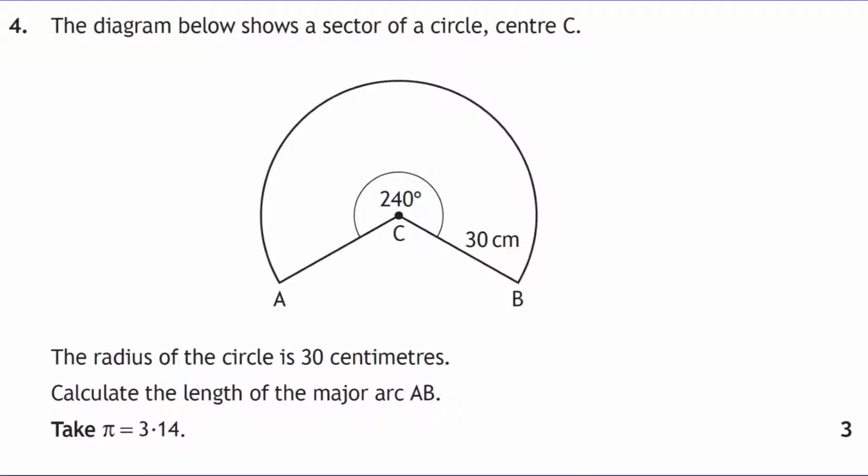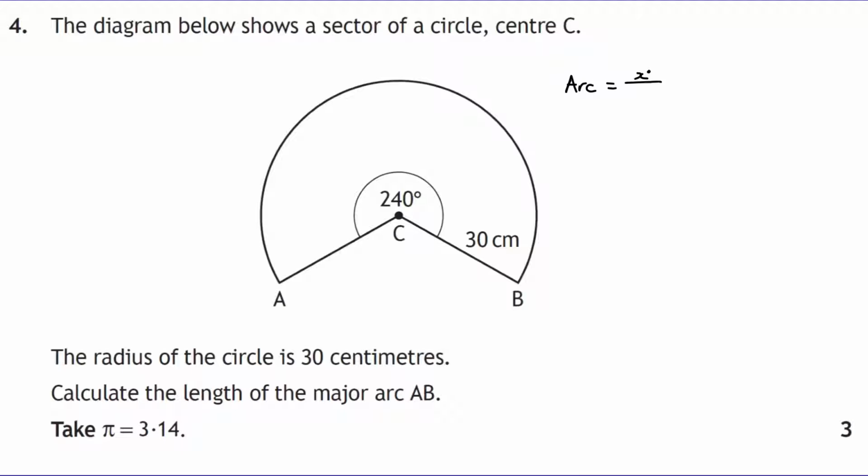Okay, question 4. So what have we got here? We've got a sector of a circle. The radius of the circle is 30. So it's giving that information in the diagram. It's giving you the angle for the sector. It's 240. And it wants us to calculate the arc length. Okay, so arc length would be